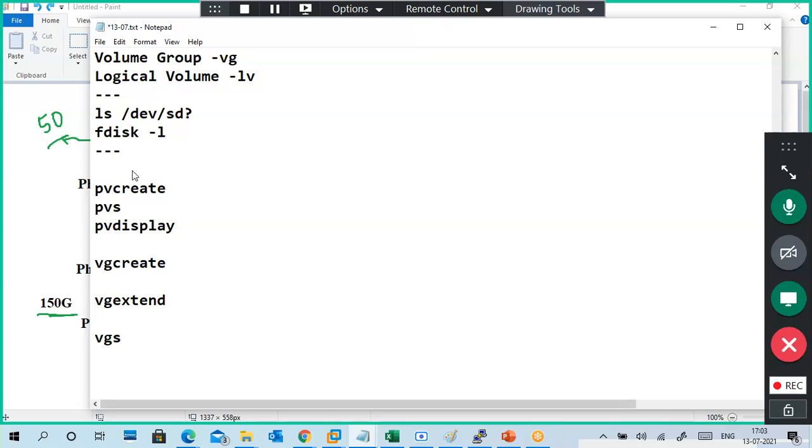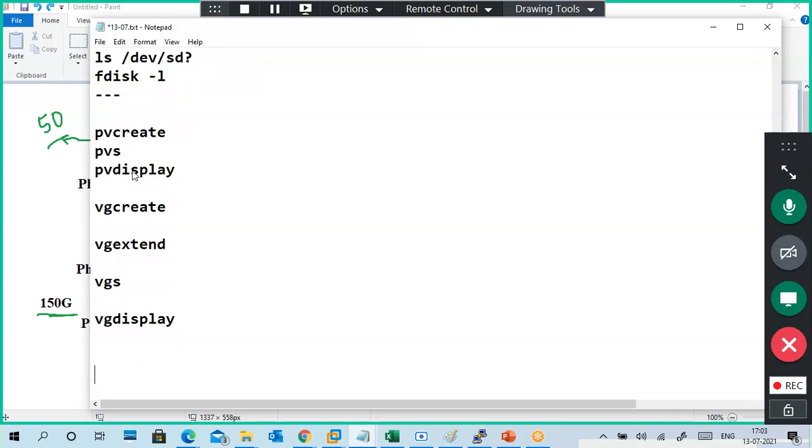And to see what VGs are created and which volumes you have taken, next is VG display. It displays the VG details. You can specify a particular volume group or a physical volume also. We'll see. These are the basic commands to remember.